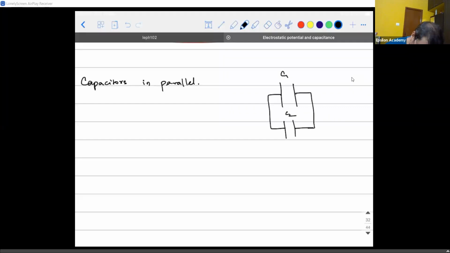If C1 is the capacitance of the first capacitor and C2 is the capacitance of the second capacitor, and they are connected across a source of potential difference V, then the potential difference across all capacitors is same,